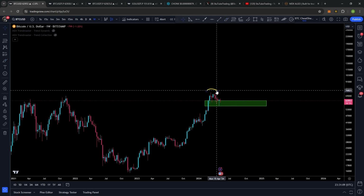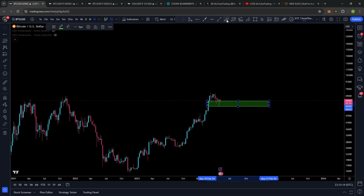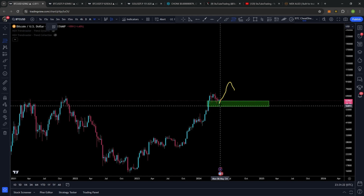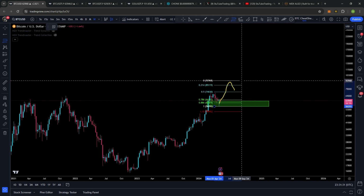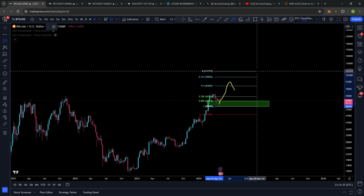And at that point, if we do end up breaking some structure, let's just say we do set that higher high I'm talking about, that's where I'd be looking at pulling a Fibonacci again, right? Since we'd at that point have a confirmed higher low, I'd be pulling my Fibonacci from that point and just basically chasing the price. Wherever the price ends up topping out, I'm just waiting for some sort of a pullback into